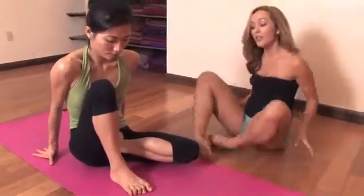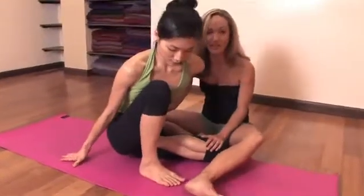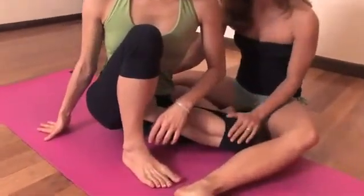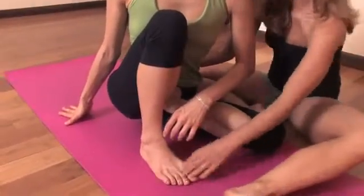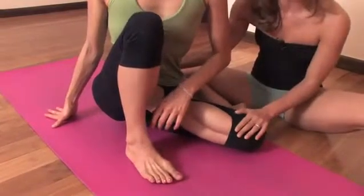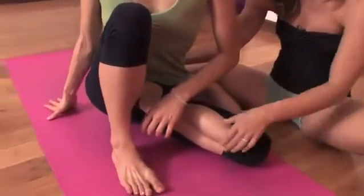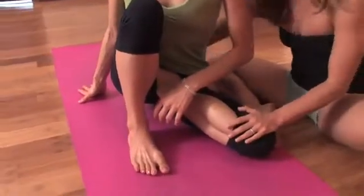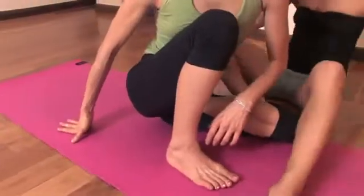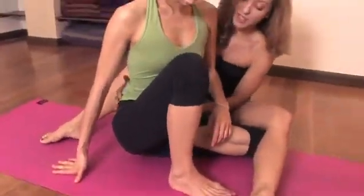Then to safely enter the posture, you're going to take your weight forward so that the knee rests on the ground. So all the weight of the posture is going to now be forward in the knee and forward in the foot. Having the knee planted firmly on the ground is going to prevent any injury in the knee, so long as you do not squeeze or tense the knee. You just lean forward, taking that opposite hip off of the ground, in this case the right hip off of the ground. Feeling a nice sense of stability in the posture, we suck in the belly,